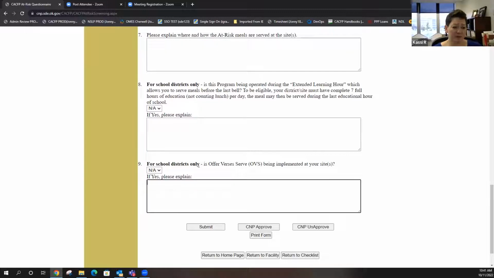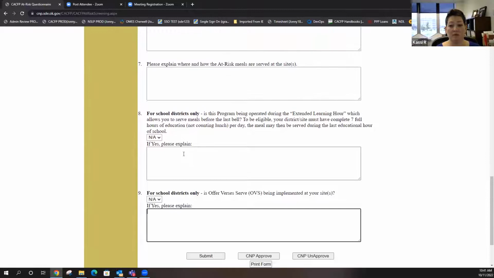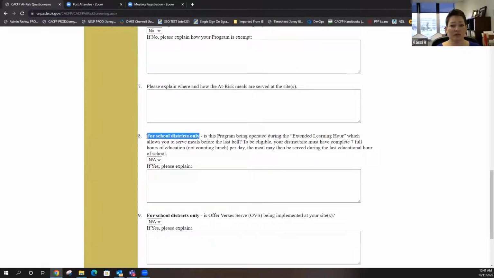Should a school have a sponsor application? Not unless you're multi-sited. If you only have one site, Marissa, you're not going to have that. So this one's important. You guys, it's been a mess. We know it. We took away your access. We said, hey, schools, we need your bell schedules and all that. It's been a long drawn out debacle, and we apologize for it, but it's just another mess we've been trying to clean up. Only schools have the ability to operate before the end of the school day.